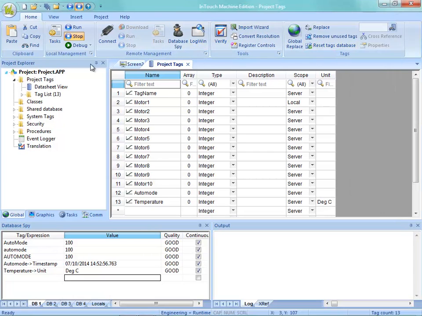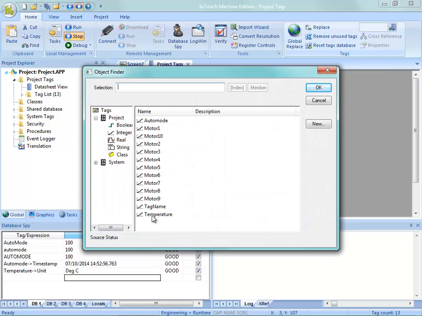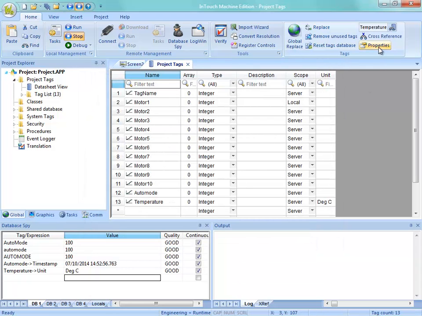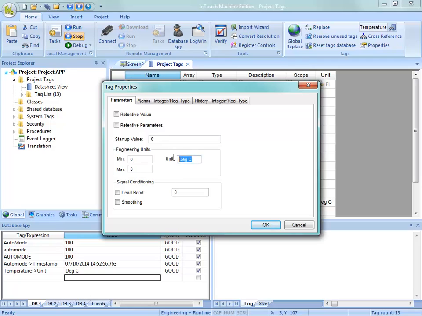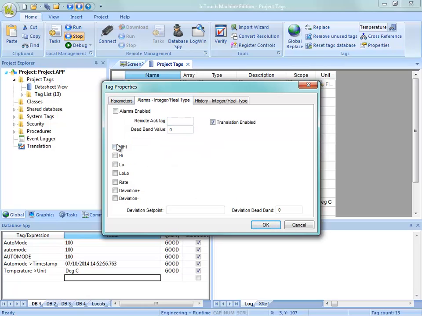On the Home tab up here under this tag section, if I use this object finder, you can see that I have my tags listed here, and if I get at temperature, say OK, now I can go to the properties of that, and you can see here is my unit property, so I can get at some of those. Also, I can get at some of my alarm properties. So for example, the limits, I shouldn't say alarm properties, the alarm limits. So if I have a high limit for an alarm, let's say that that's set up at maybe 90,